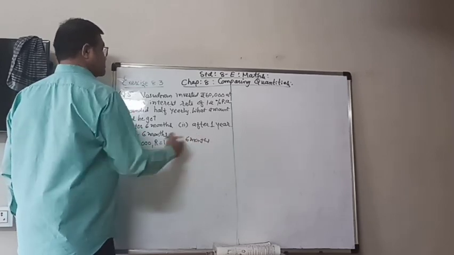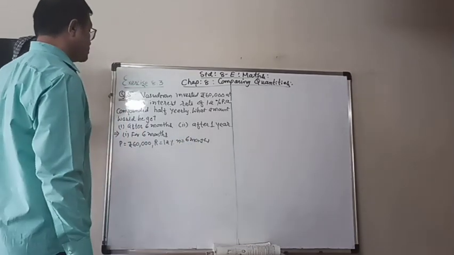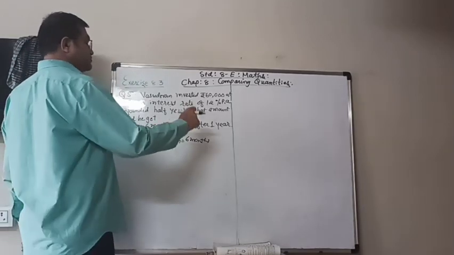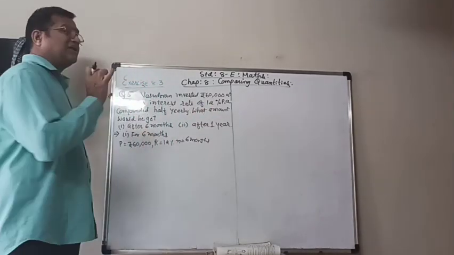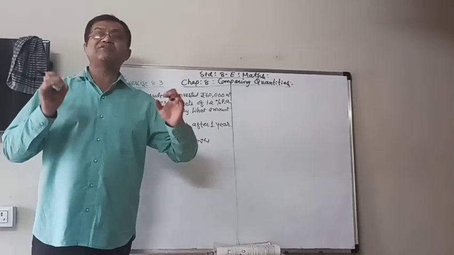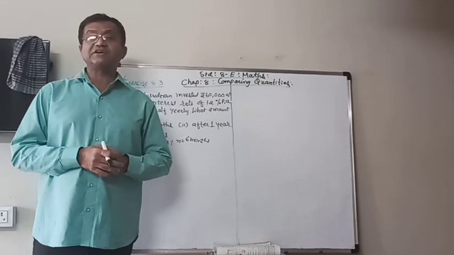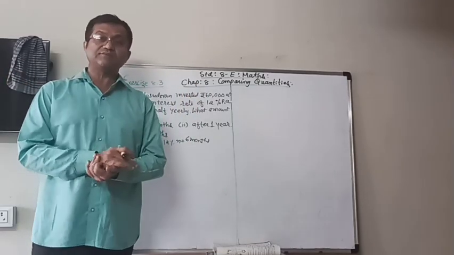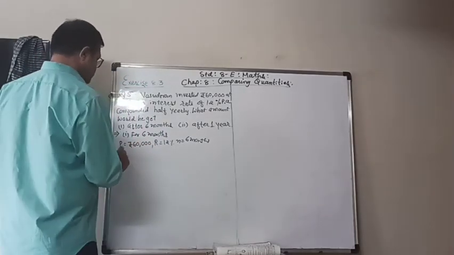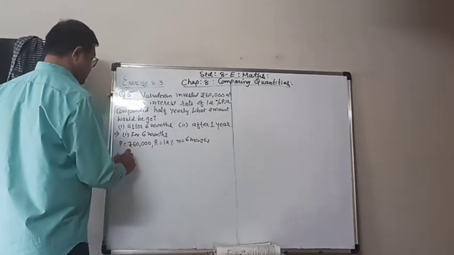Here it is only 6 months, so you can find the simple interest or compound interest, it will be the same. So we can find the simple interest. Therefore, interest